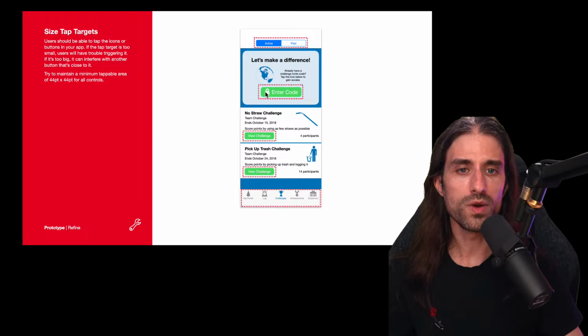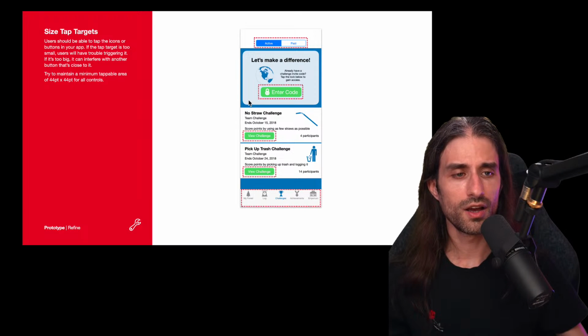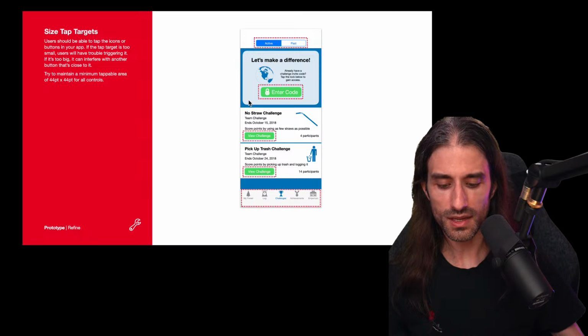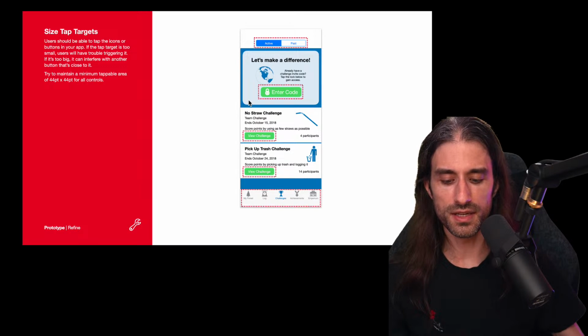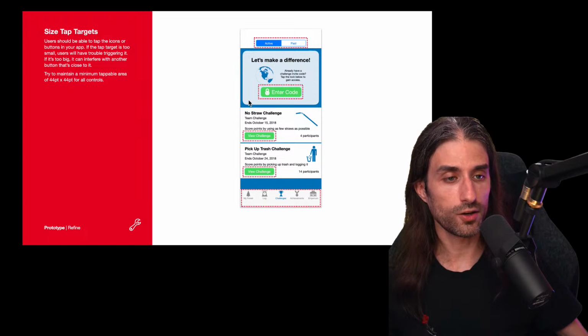For instance, here we might not want the button enter code to take all of this space available below the text and image for the tappable area, but adding a bit of extra space on the left and right can make a lot of sense, especially if you're in the context of an app that's being used in challenging circumstances.